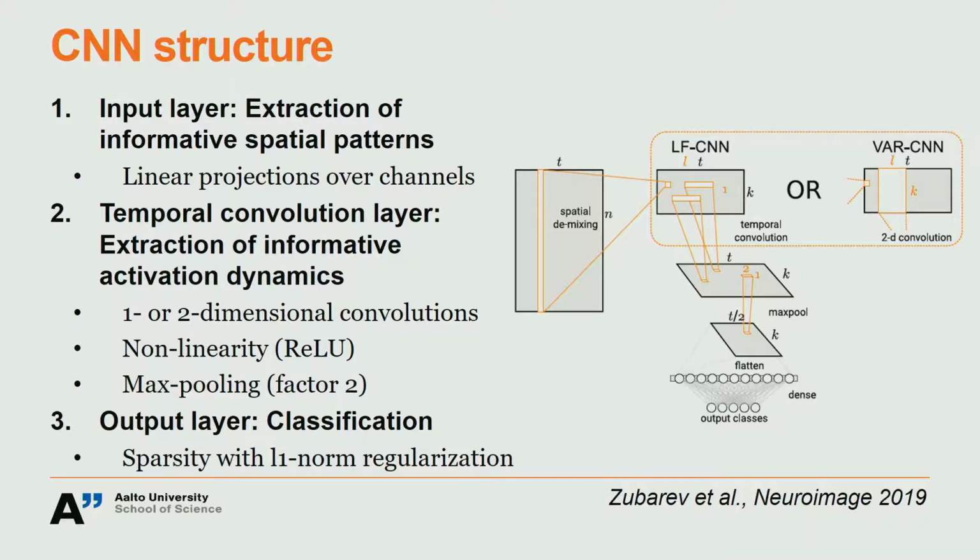Then the convolutions are followed by the typical rectifying linear unit nonlinearity, and then a max pooling with factor 2. And then as the output, because we are doing classification, we have an output layer which imposes sparsity using L1 regularization,